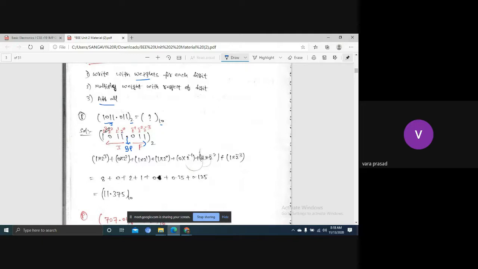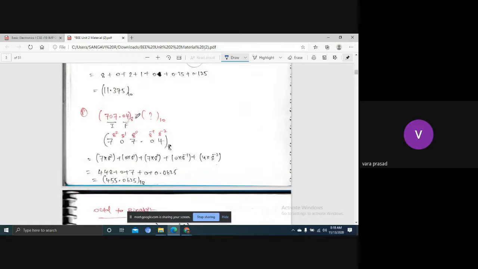Now you have to multiply with 2 cube into 1, 2 square into 0, 2 power 1 into 1, 2 power 0 into 1, 2 power minus 1 into 1, 2 power minus 2 into 1, 2 power minus 3 into 1. You have to multiply the weight with the respective digit. 2 power 3 is a weight, respective bit is 1, so 1 into 2 power 3. And add these all, we are going to get decimal. Okay, another example,